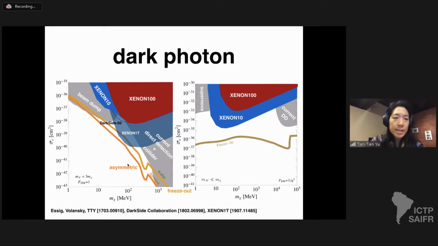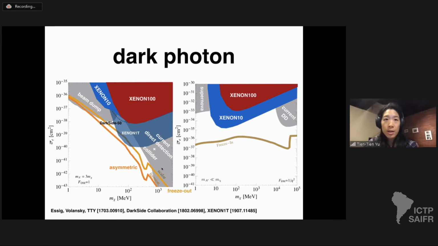On the left-hand side is a particular model where the dark matter interacts with the electrons via a heavy mediator. In particular, in this case, there are other curves being shown here, and it's the case where I have a dark photon mediator that's 3 times the dark matter mass. That gives these gray curves and these gold curves. On the right-hand side is the case where the mediator, in this case the dark photon, is much lighter than the momentum transfer.